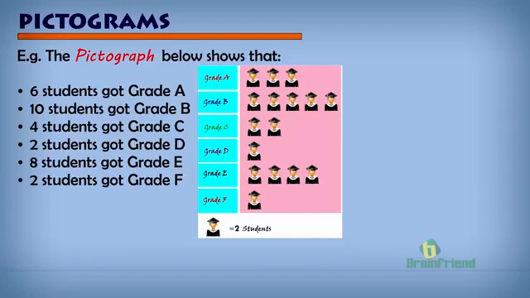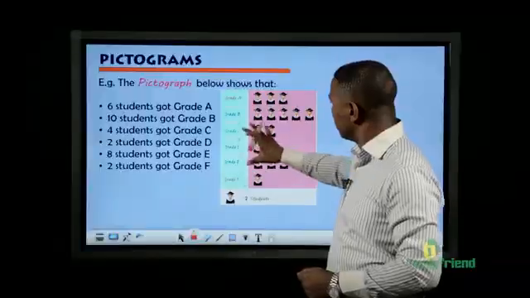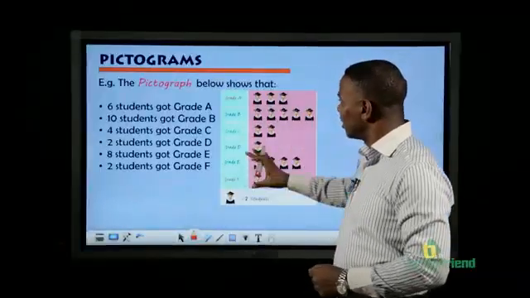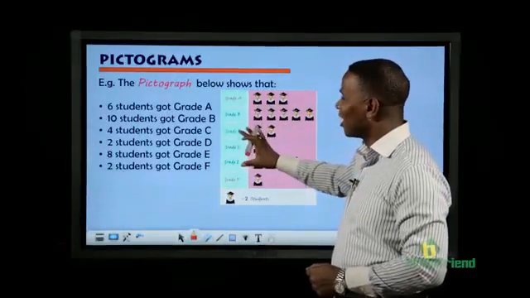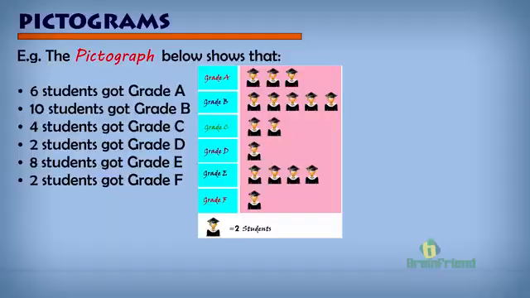Now let's take a look at another example of a pictograph. All right? The pictograph below tells us the number of students that got certain grades. So we have grade A, grade B, grade C, grade D, grade E, and grade F. Now, each image here represents 2 students. If we took a look at our